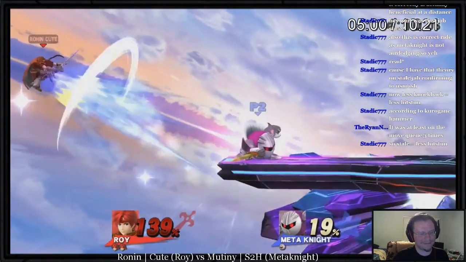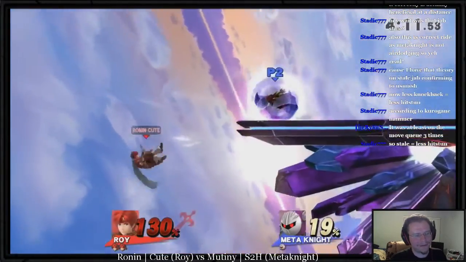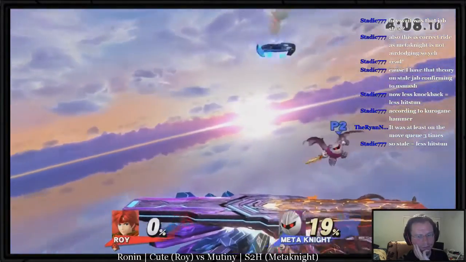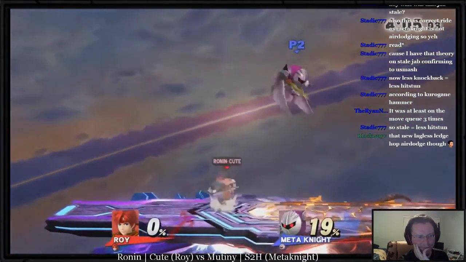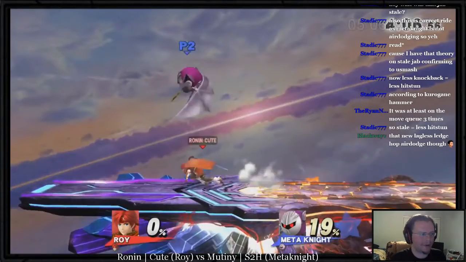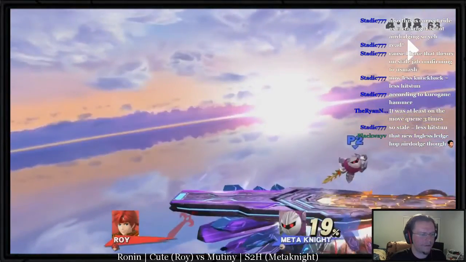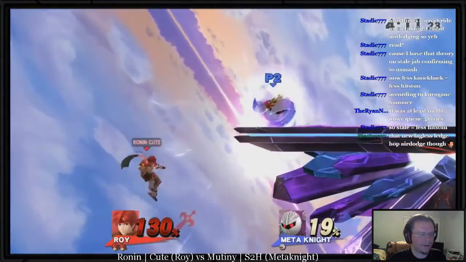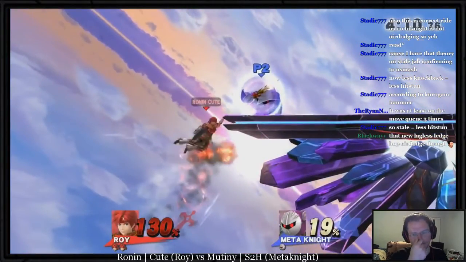Metaknight is another one of the characters who's got a really good punish for whenever people grab the ledge a second time. That down smash reaches super low. The back hit hits pretty hard, so we basically die whenever that happens. He might have been able. Well, Mutiny set it up really well so that even if Cute had held down so that he didn't snap to the ledge for his second up B, he would have just shielded it and then down smashed afterwards. So